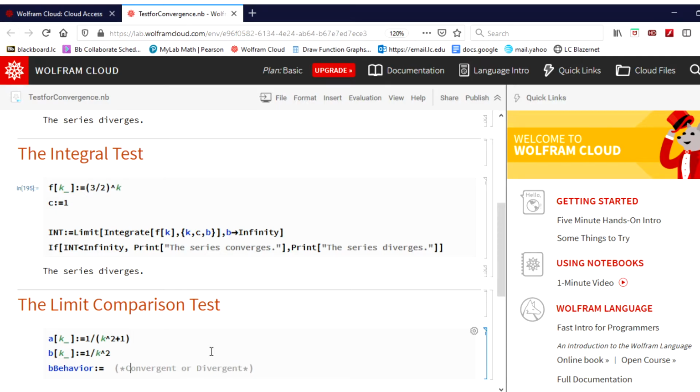So maybe we set up some ground rules here and say that C is going to stand for convergent and D is going to stand for divergent. And in this case, we know b is convergent. So let's make that a big C there. Let's say B's behavior is convergent, and we denote that with just the value of C, and we can keep track of it with this little bit of